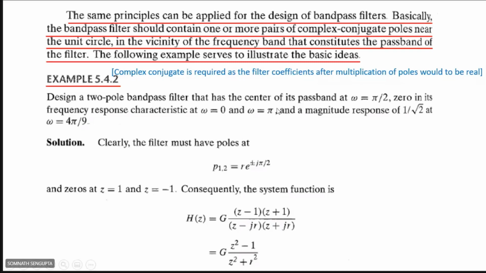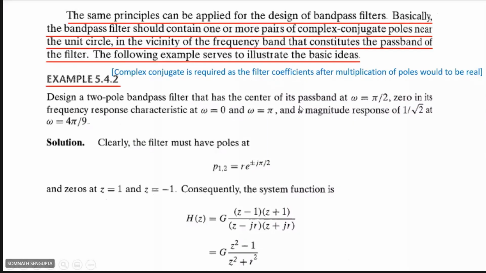Design a two-pole band pass filter with the center of its pass band at omega equal to pi by 2, zero in its frequency response characteristics at omega equal to 0 and pi, and a magnitude response of 1 by root 2 at omega equal to 4 pi by 9. Okay? So इसमें बोल रहा है कि